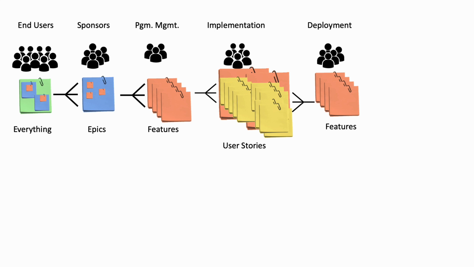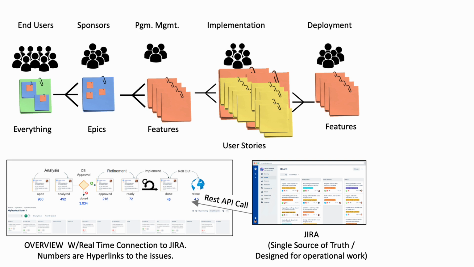Regarding the reporting, it was also decided that the best would be to have Jira as a single source of truth, designing it for operational work, so getting the job done, without overwhelming the teams with additional information that is needed for program management, sponsors, or end users. So they can configure Jira in their own way, what better suits their needs, and using the REST API call,